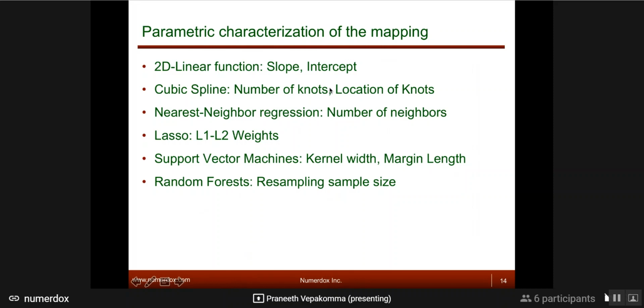How you choose your parameters is where you need to use your machine learning correctly. You need to not overfit or underfit. You need to optimally fit so that in the future you're predicting well. So in the second technique, basically cubic spline, there is a concept of parameter called knots, and number of knots